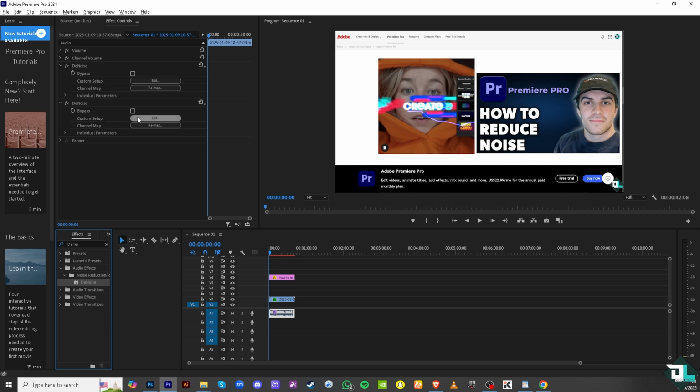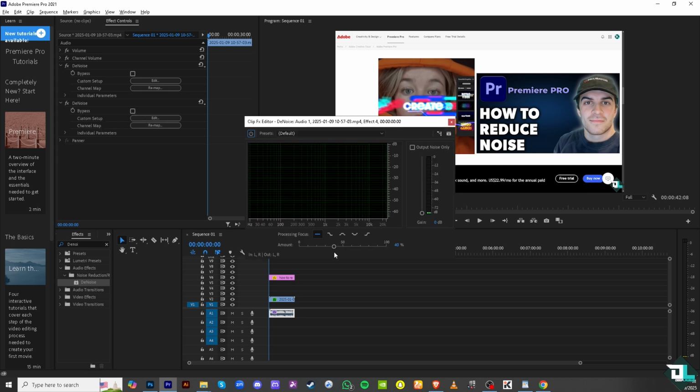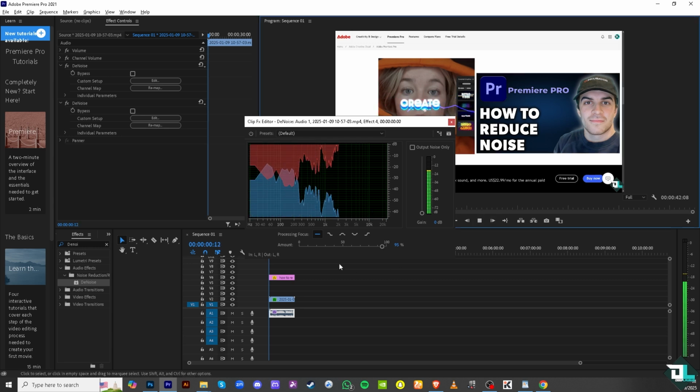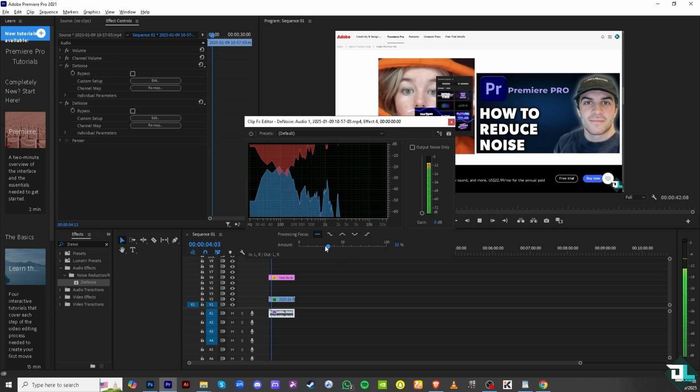All you have to do is click the custom setup, click on edit, and you can slide to the right to reduce the noise for as long as you want. It's kind of easy, really. All right, and all you have to do is adjust it accordingly to your preferences. Right here, there's going to be like a channel map for you to adjust. You see,